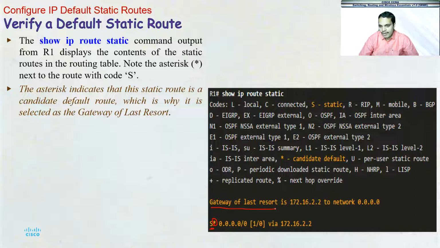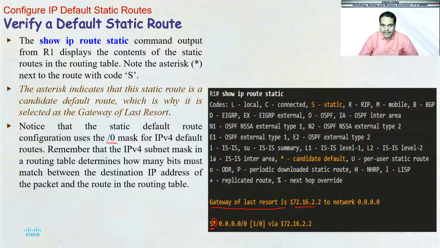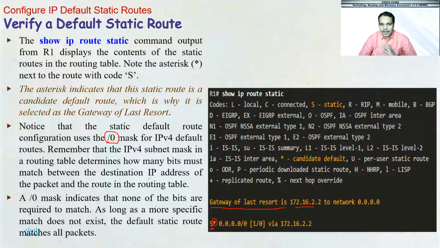You can see here, the gateway of last resort is set as the IP address of the next hop that you specified to network 0.0.0.0. Because as I told you earlier, with the /0 mask for IPv4 routes, none of the bits are required to match. When a router has to make a decision, it has to see how many of the far leftmost bits of the destination IP address match with the routing table entries present in its routing table, right? So when I specify /0, or the prefix length is 0, it means that none of the bits need to match. And if there is no other specific match in the routing table, that packet will be sent across this